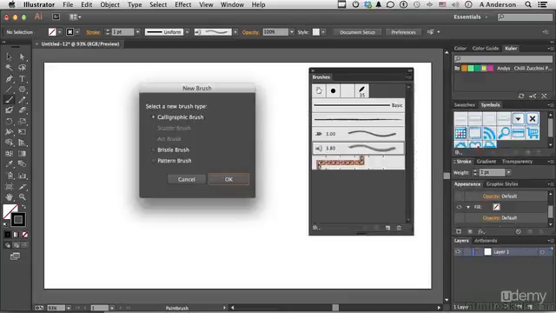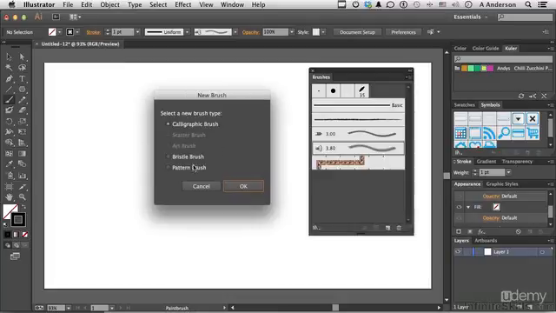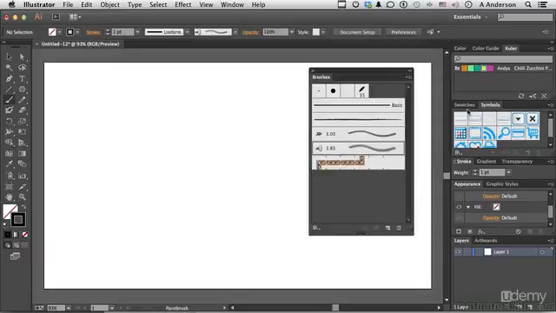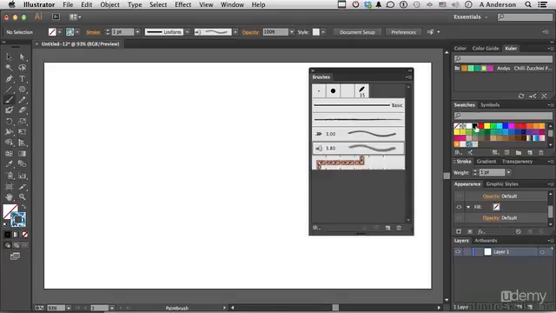Number 3 is pattern brush. Click OK. Now, a pattern brush allows me to work with a pattern. Now, we do have patterns. Let me get out of here for a second. I think I'm getting ahead of myself. We do have patterns in our swatches, and we did talk about making patterns. So we've already done the making of the patterns. Let's just use the defaults that we have. We got a couple up here. Go back again